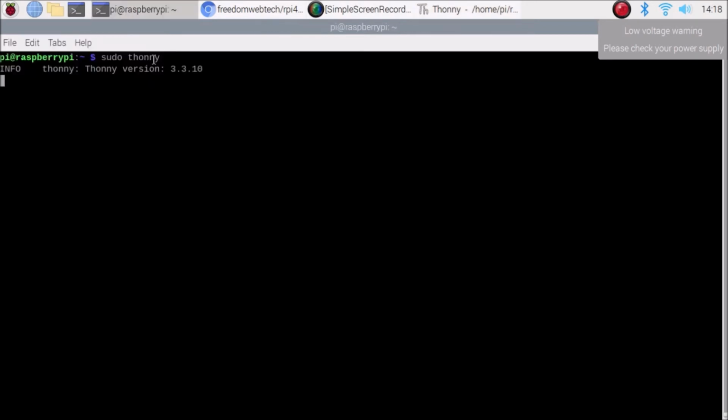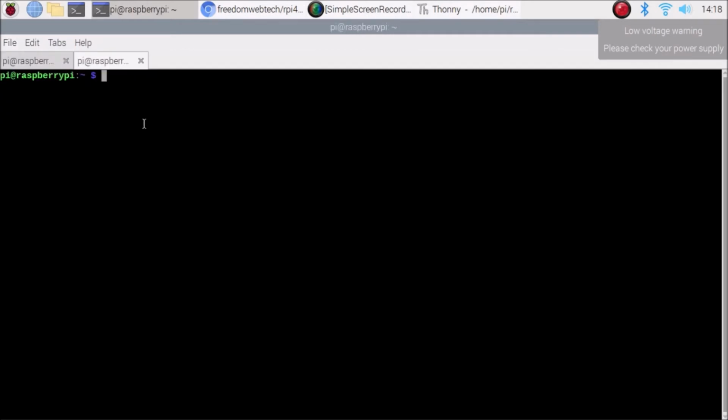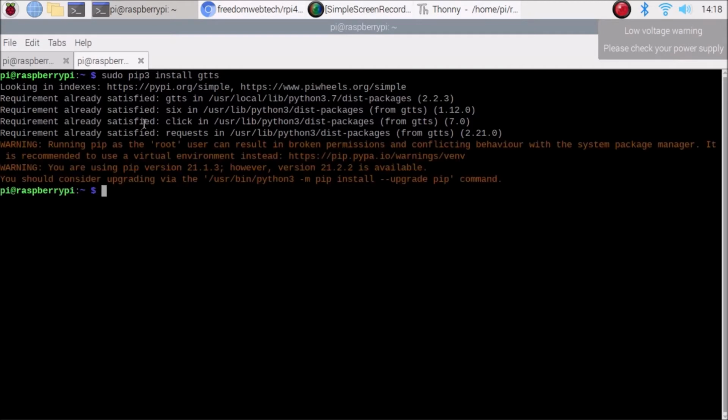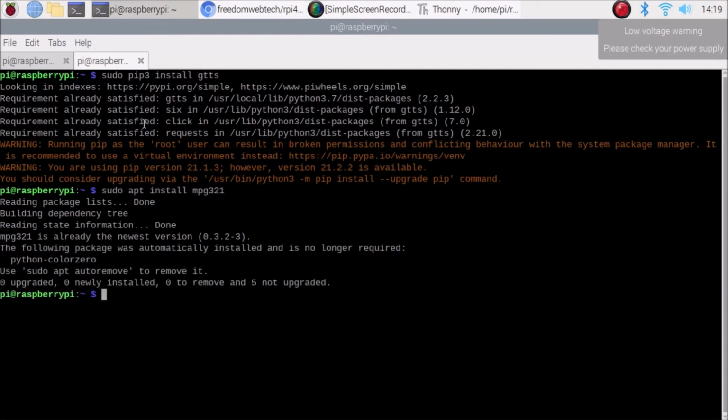If you don't know how to install GTTS, simply open the terminal and run the command sudo pip3 install GTTS and hit enter. It will install the GTTS module on your Raspberry Pi 4. Also, the GTTS module needs the mpg321 player, so you also need to install it: sudo apt install mpg321, hit enter, and it will install the mpg321 player.